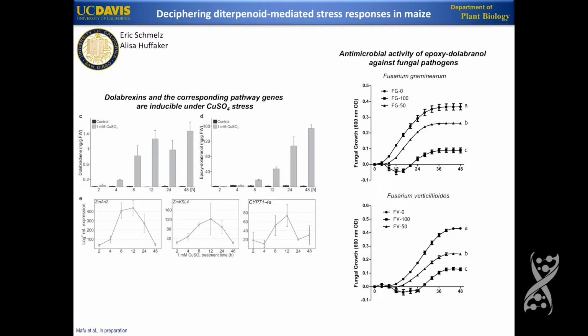These are major maize pathogens, and it inhibits them quite effectively in both cases. So it also shows pathogen defense properties. And this is something that I find very interesting, that we have this compound here that has sort of a dual functionality, both in abiotic and biotic stress defense in maize, and that's something we are really interested in digging